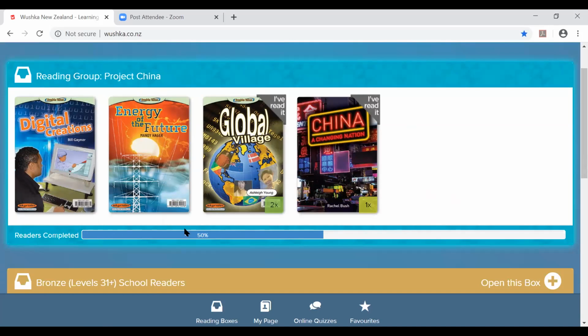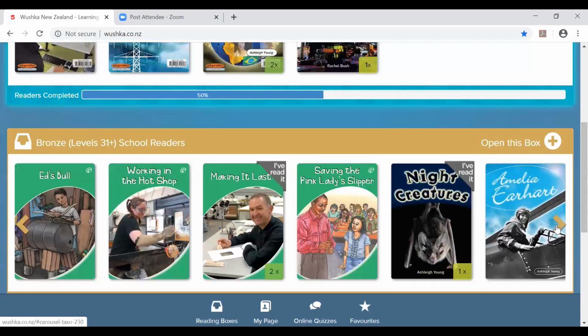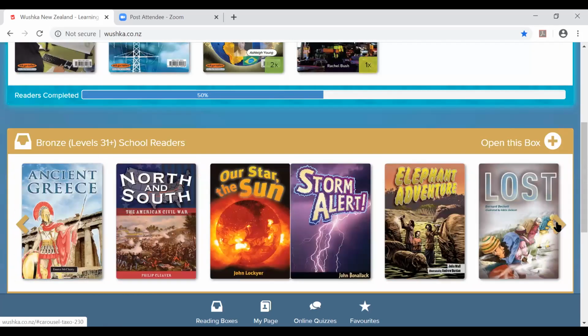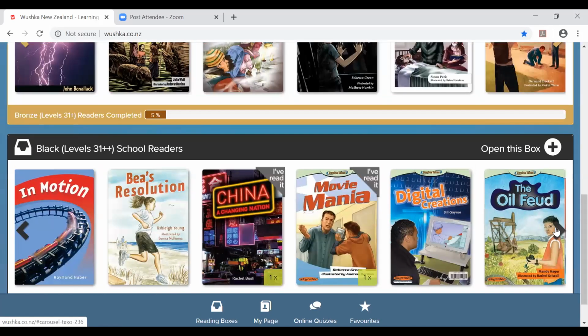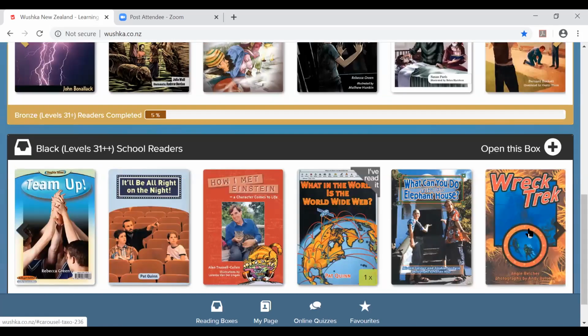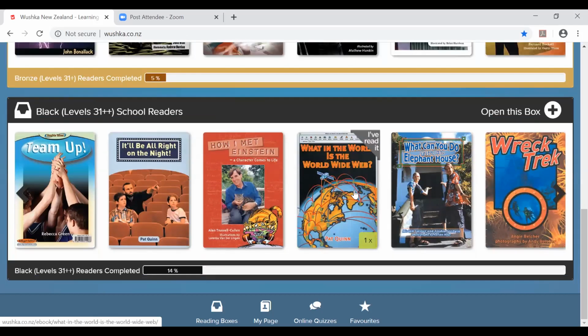You can see that Sienna is 50% of the way through her project readers. She can see which ones she's read by this little tag here and how many times. And then you've also given her 2 whole levels, bronze and black, that she can just browse and read. Again, she'll see the ones that she's read and which ones she hasn't.